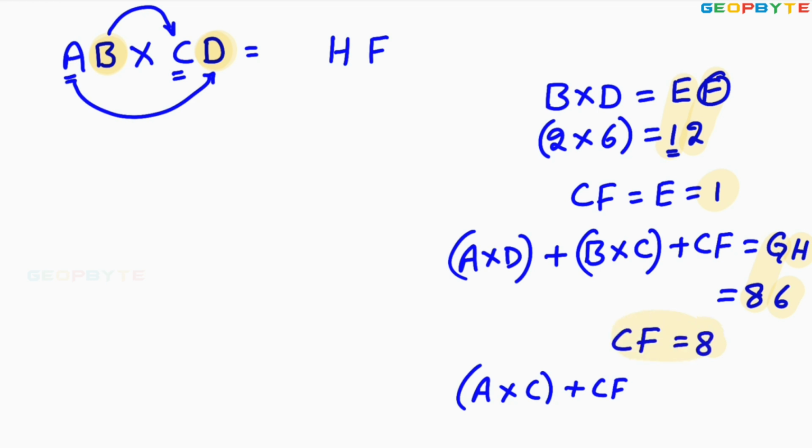Let that resultant value be IJ. That IJ may be some 63. You write that IJ here for getting the answer for your AB into CD. Here I is 6, J is 3. You are getting the answer for AB into CD. I hope you clearly understood the procedure. If I take some problems, it is very easy for you to understand. First, let us take the first multiplication.